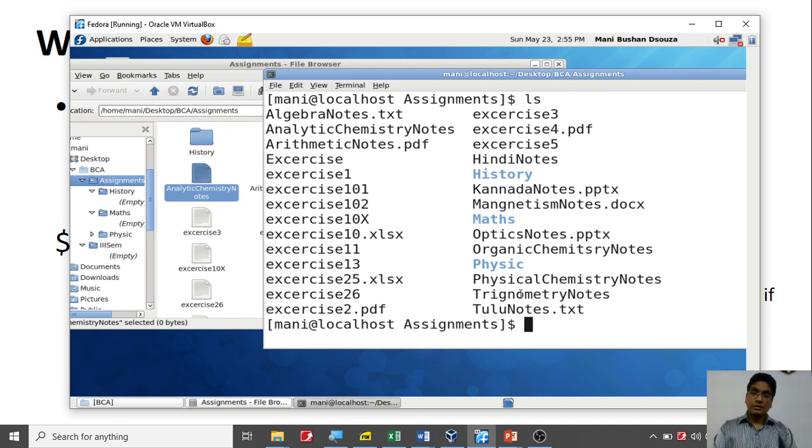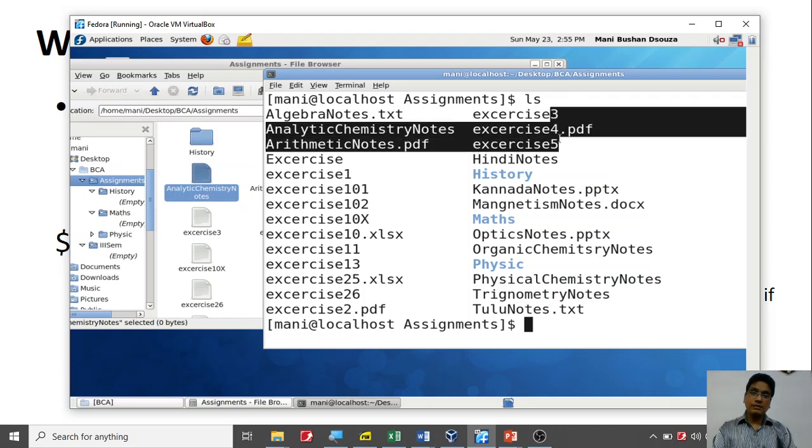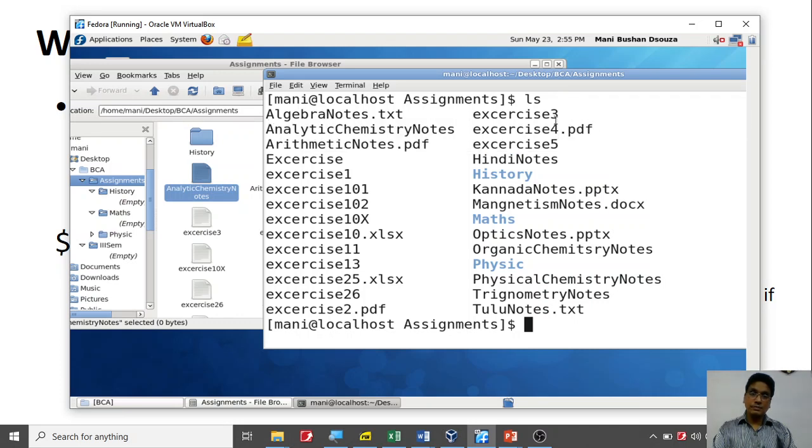Okay, so I want to find all the exercises starting with 3 to 5. So I'm going to give the range like that. So how do I give that? ls exercise, okay, from 3 to 5.